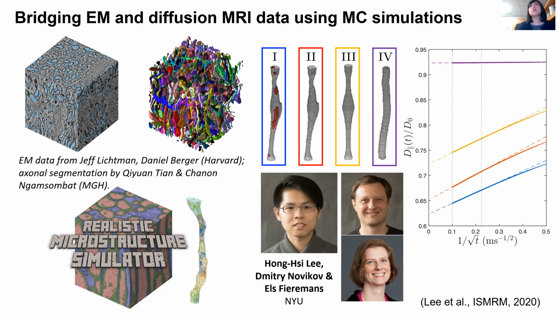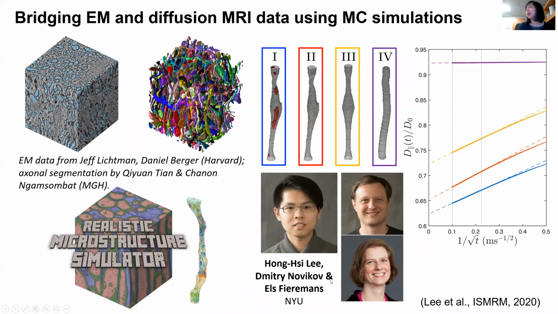And so with this kind of substrate, what we're seeing is that the axons, in fact, are not simple cylinders as one typically models them, even with axon diameter mapping, but they're actually much more complex. The axons have these beading patterns, and they also undulate maybe on a larger size scale. So Hongxi Li is now an instructor here at MGH, and we've been collaborating with Els